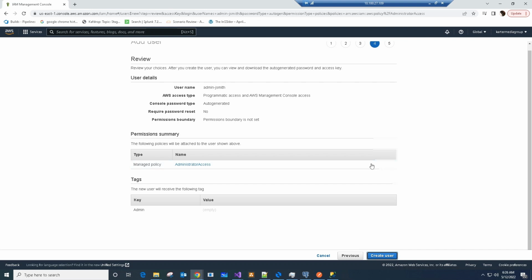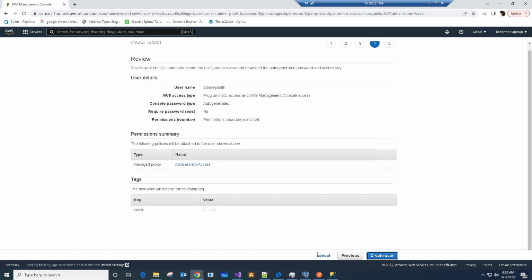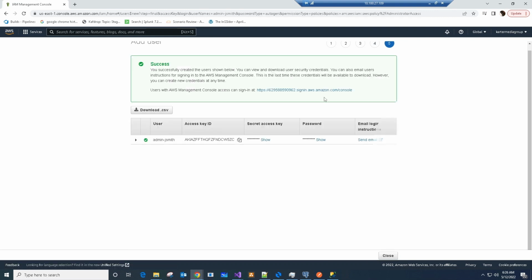And then this is pretty much the final step. This is just saying, hey, this is what you have set for this new user. So review it and make sure before you create the account that this is actually what you want. So J Smith, programmatic access, password type auto-generated, etc. Alright, and then if we hit create user here,